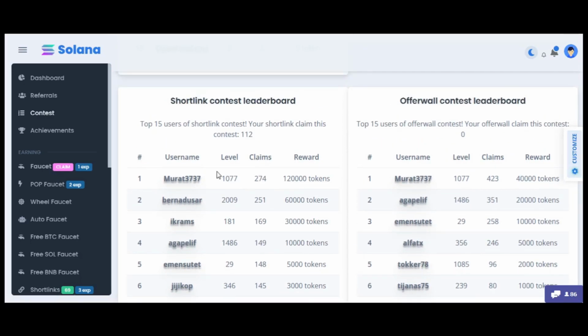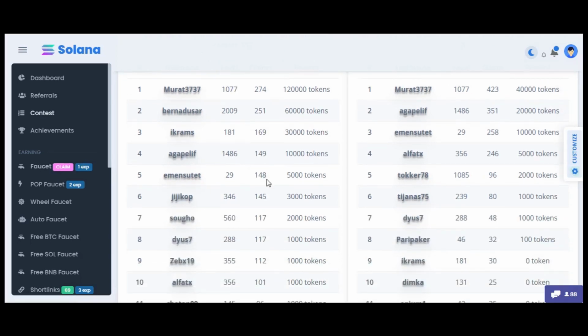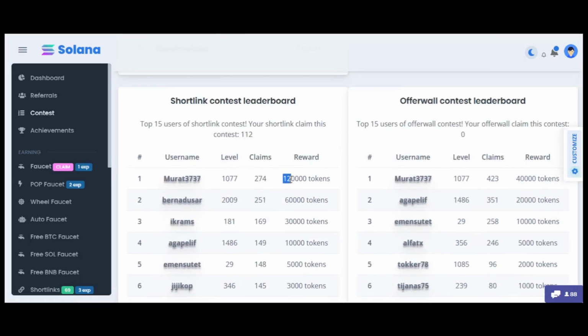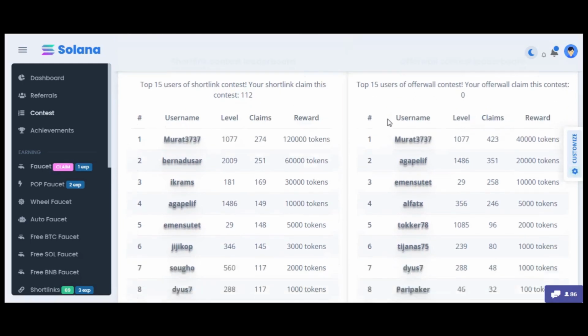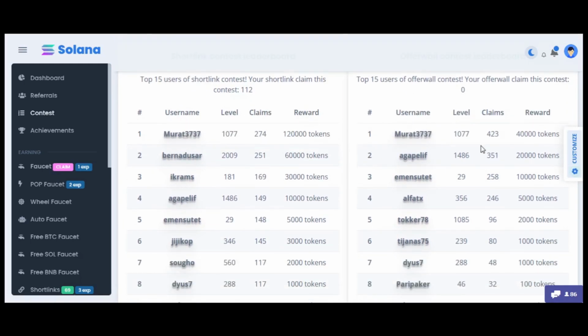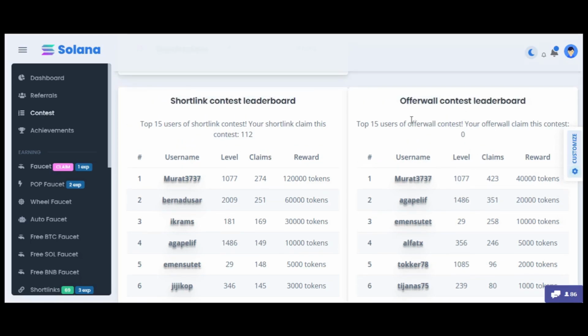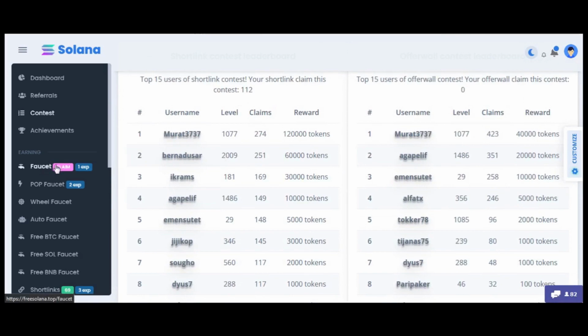So the more short links you solve, the higher you will rank here, and you have this $1.2 for the highest price, and then the Offerwall contest, which is based on how many offers you complete from the offer walls of Freesolana. If you now skip to the faucet section,